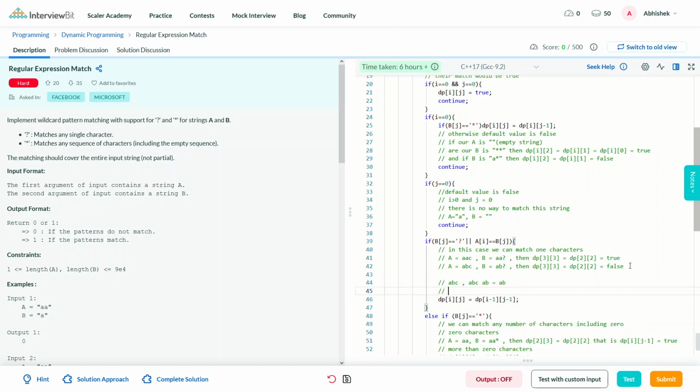And another case in which we will get false, like if our first string is acb and our second string is abb.